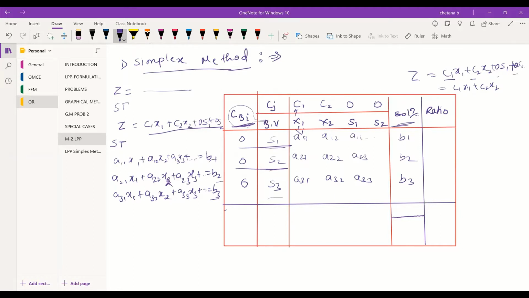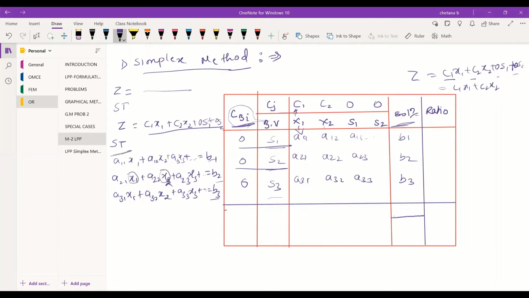So these are the basic variables with respect to the constraint part also if you take downwards, and if you see the arrow upwards, it is for the objective function. Now coming to the constraint part, these are nothing but the array, that is A11, A12, 13, 21, 22, 23, 31, 32, 33. These are nothing but the coefficients of x1 and x2 in the constraint part.